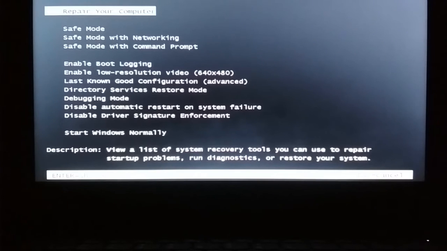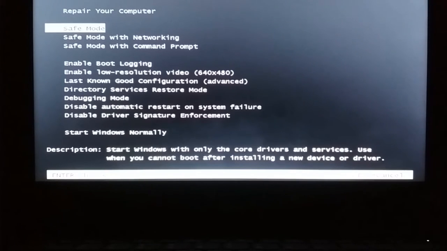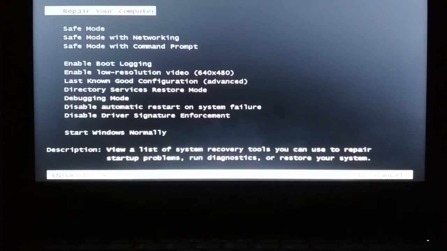Now on this window, just select this repair your computer option. It is selected by default, and just press enter on your keyboard.